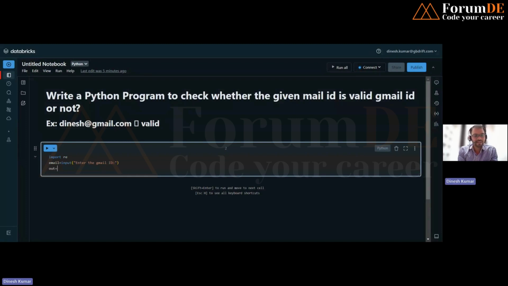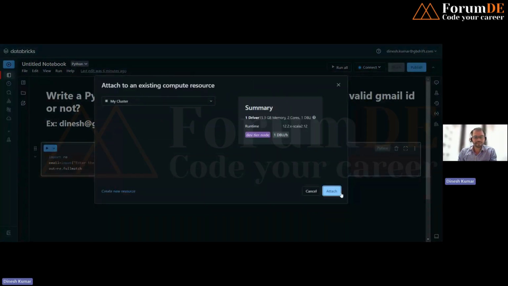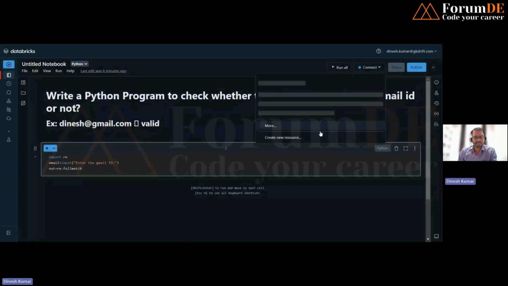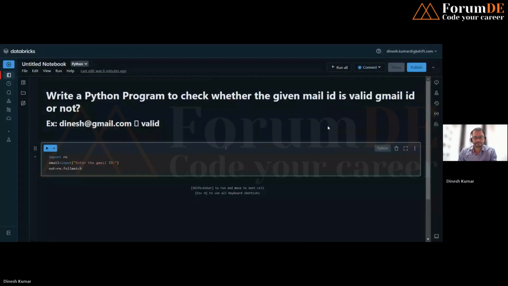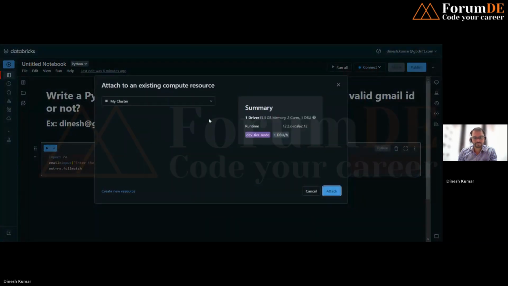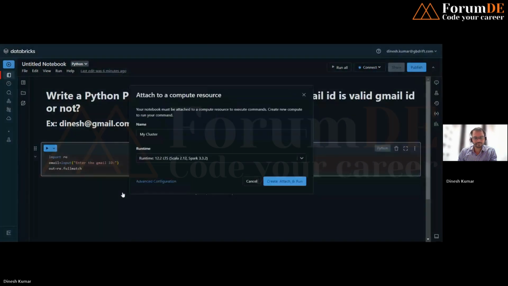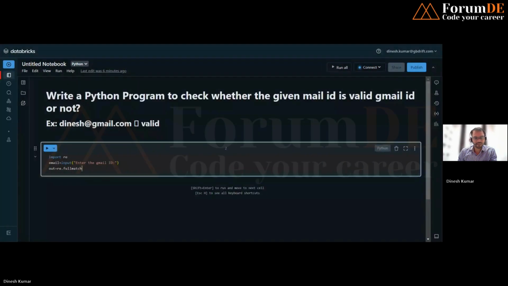In the validation part, there is a regular expression fullmatch option. So in the regular expressions, re.fullmatch is one of the methods which is available to match